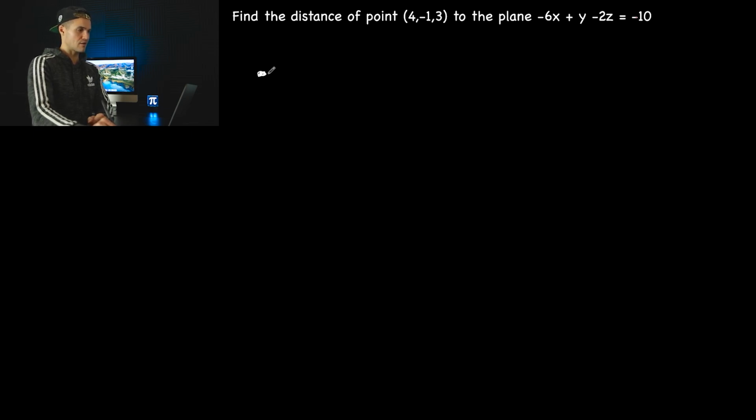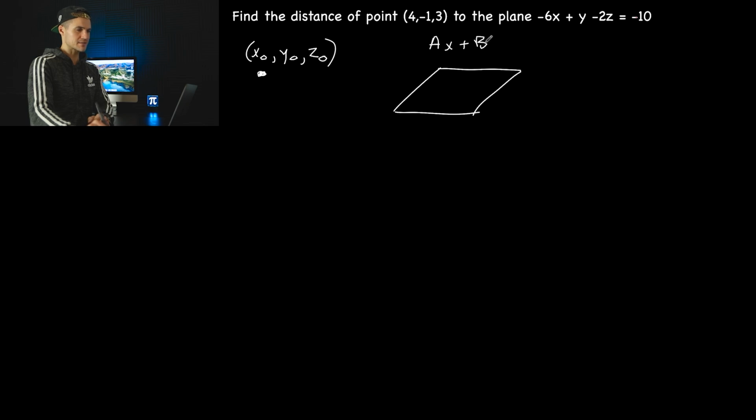So whenever you have a point given, let's call it x naught, y naught, z naught, just a general point, and then you're given a plane that's in Cartesian form, ax plus by plus cz plus d is equal to 0. Well, basically, the distance from the point to the plane, there's a formula for it, and it's going to be